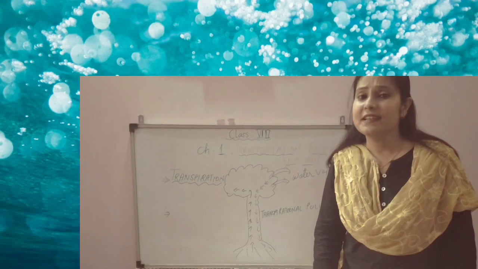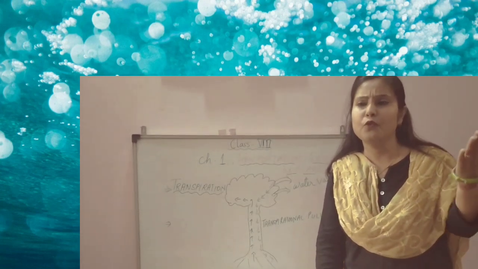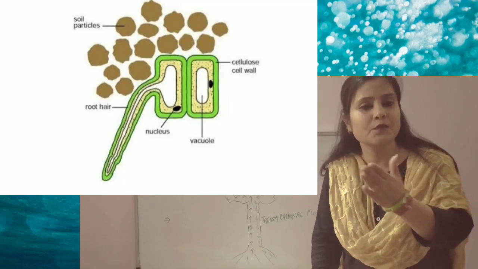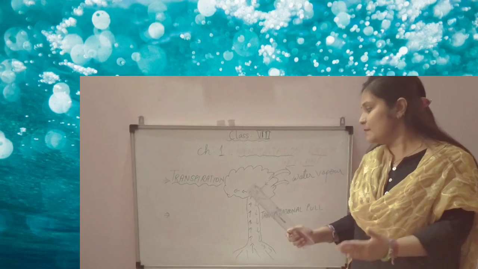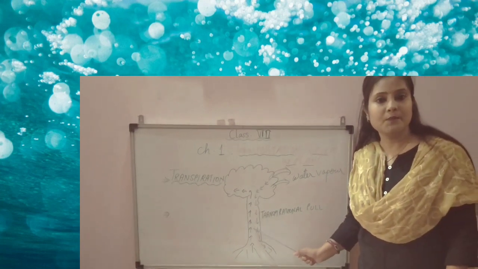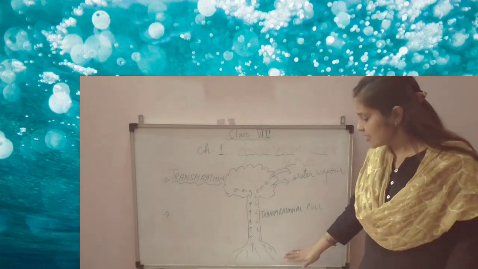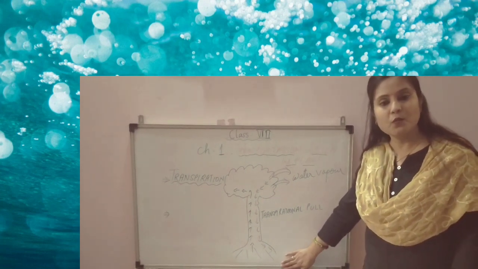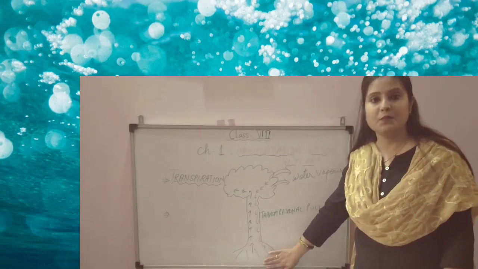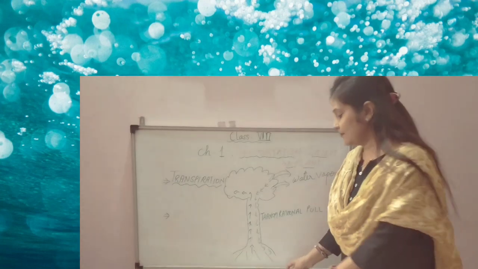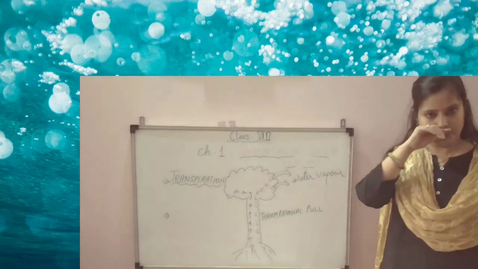as we have discussed osmosis and diffusion, the conduction of water and minerals is from higher concentration to lower concentration, and the same process we can see here. By this transpirational pull, that higher concentration, that means soil, in soil water and mineral is in higher quantity, and by that the root can absorb. So this is all about transpiration.